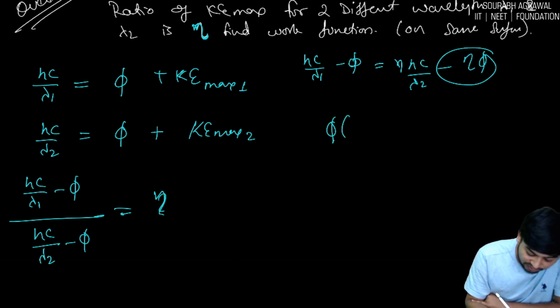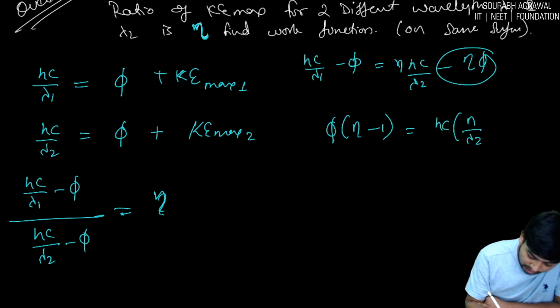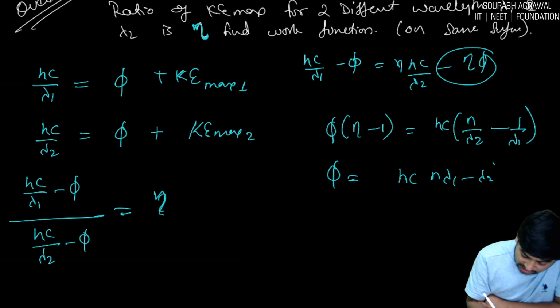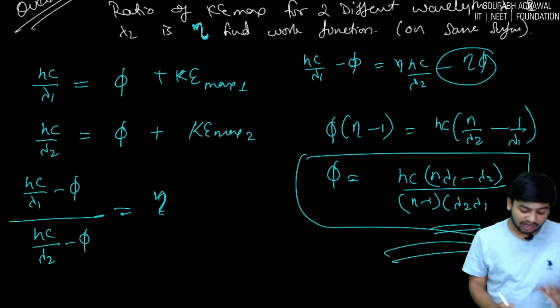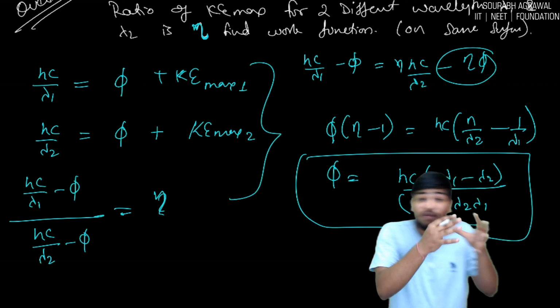Then what we will write? Work function common: phi times (eta minus 1) is equal to hc common, times (eta by lambda 2 minus 1 by lambda 1). Simple. So phi is hc times (lambda 1 minus lambda 2), just cross multiplying, upon (eta minus 1) into lambda 2 lambda 1. This is your answer, whatever answer you are getting, but the concept is this: